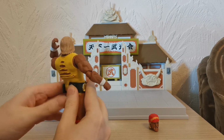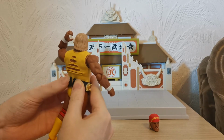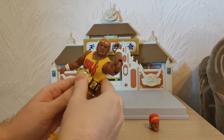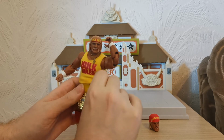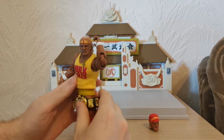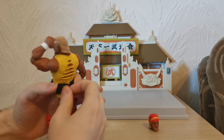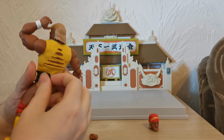I had this on the previous Hulk Hogan, but I'm wondering if the shirt is maybe preventing it from going over. Yes, I think if I'm to put the title on the Hulkster, I might need to remove this cloth bit here, because this bit at the bottom that's double stitched is causing a little bit of the issue, because it just adds a tiny extra bit to the figure. I think that's mildly annoying, because I wanted to pose the Hulkster with his belt, but